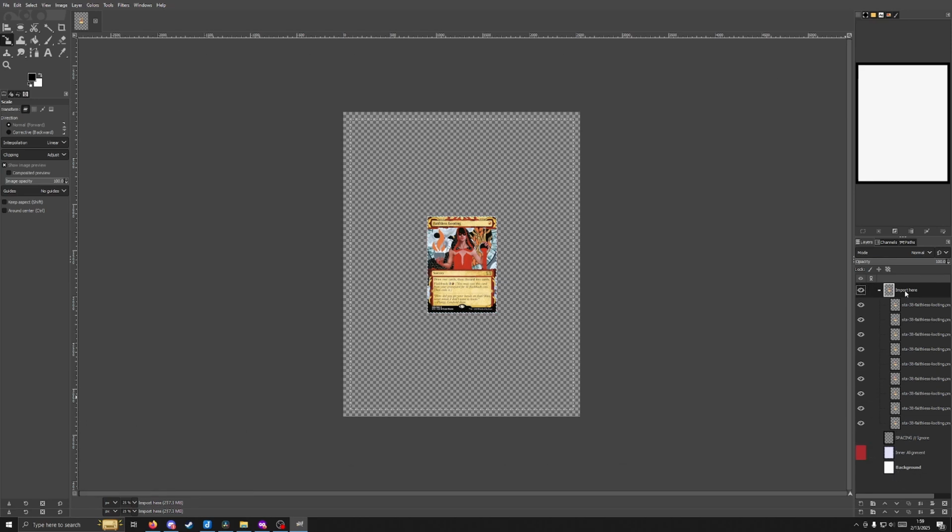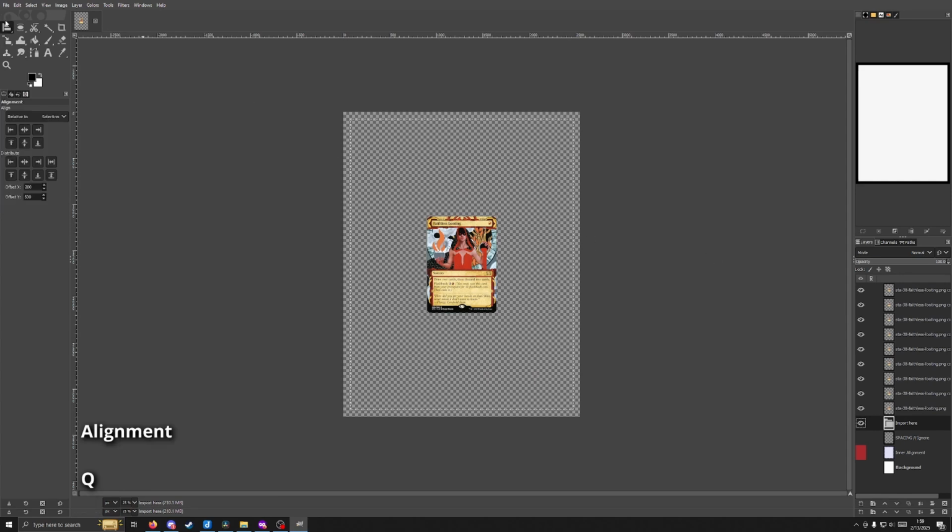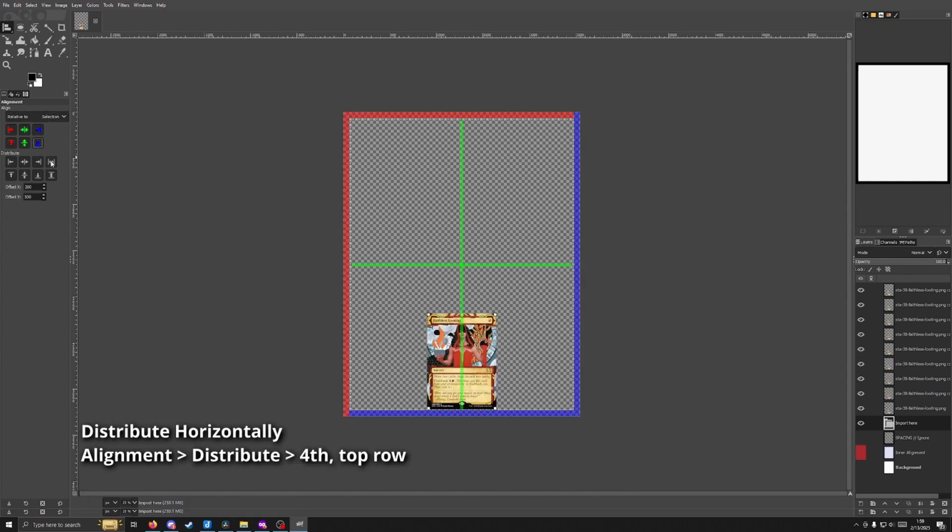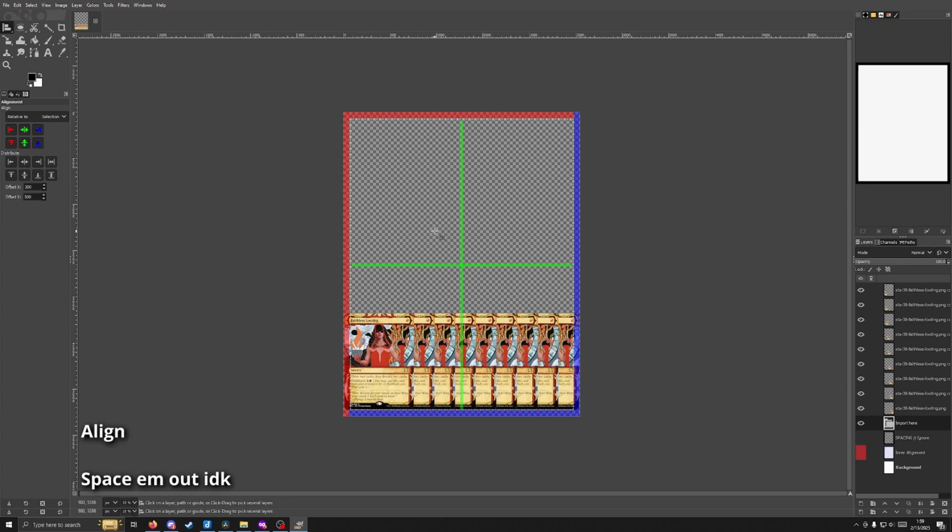Now, just make sure you ungroup all your cards, or the next step is going to splatter them everywhere. That's what I have the plugin for, but you can also just drag them out of the group. From here, hit Q for the alignment tool, and make sure you align relative to selection. Now click and drag over the cards, then align them to the bottom and space them out. And with the align buttons, just put them in each of the 9 spaces,